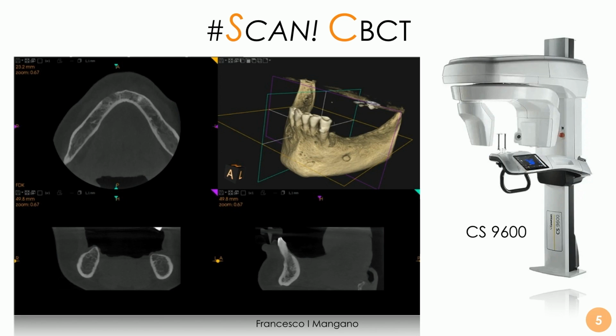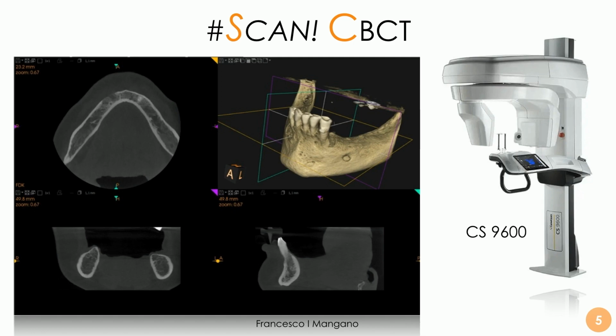How does it work? It's a very easy case. Let's start with the cone beam computed tomography, CS 9600. In this patient, we wanted to plan implants to restore the posterior mandible, left and right side. We still did not treat this patient, but we will, and we wanted to have a complete set of planning. We start from the acquisition,